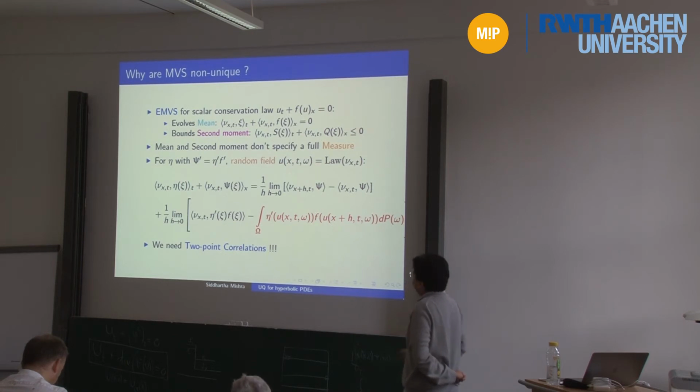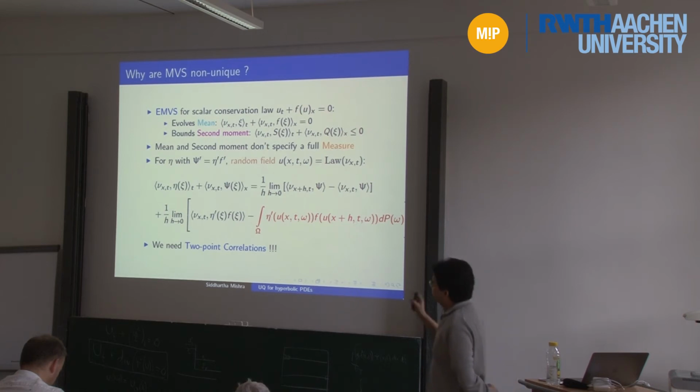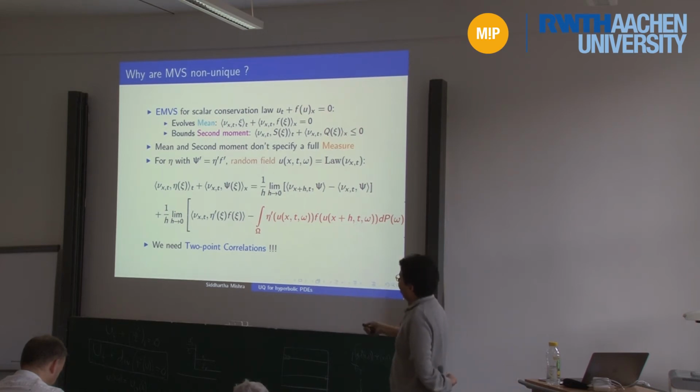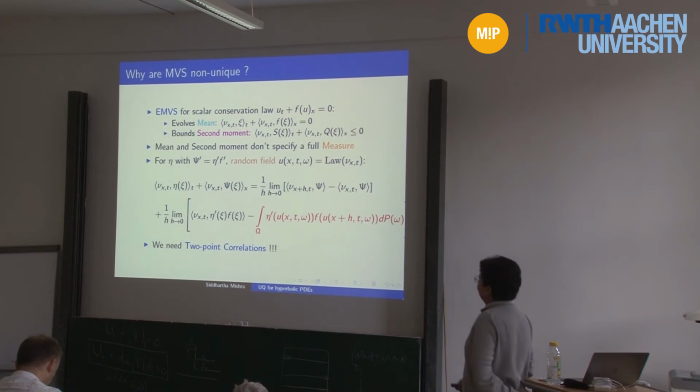In fact, I have used a random field to illustrate. And this is a long calculation, things go okay, but of course I put a term in red. This is the term that shows up. And what does it tell you? To specify a 1-point PDF, which is to specify any arbitrary test function, I need, of course, things happening at those points, but in addition, I need an object which I have put in red here. And this is a very important object, because it tells me that to specify the 1-point PDF at the point x, forget time for the time being,